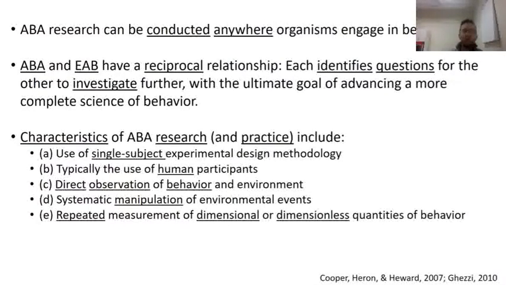Okay, so sometimes ABA research is conducted on animals. Early in the course, we looked at a video of rats that had been trained to detect tuberculosis, or rats that had been trained to detect landmines. Okay, so those are also examples of ABA research